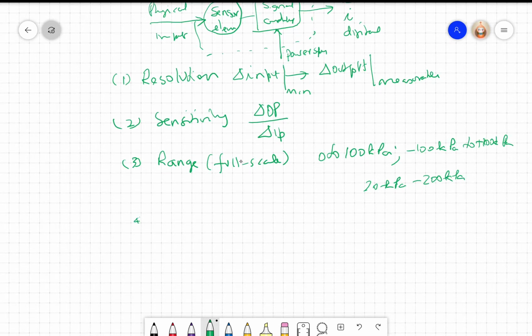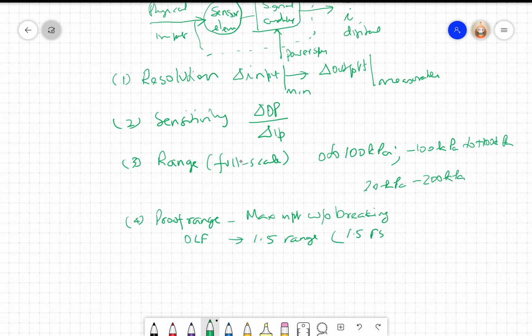The fourth is proof range, which is the maximum input that it can accept without breaking, right? Normally the proof range is given as an overload factor, which is normally 1.5 times the range, or 1.5 times full scale, right? And